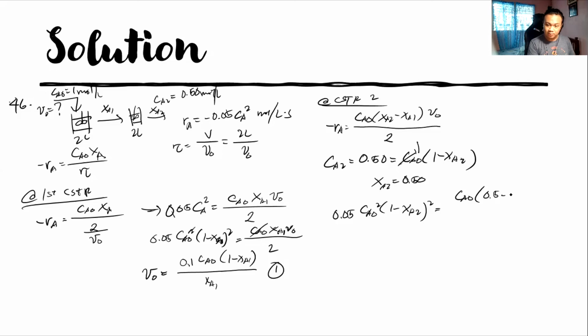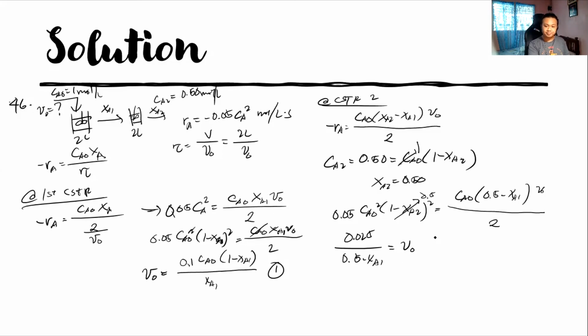So 0.5 and XA1 dayon we have VO over 2 na. We can replace this with 0.5 and then simplify. To simplify that, we can get 0.025 then 0.5 XA1